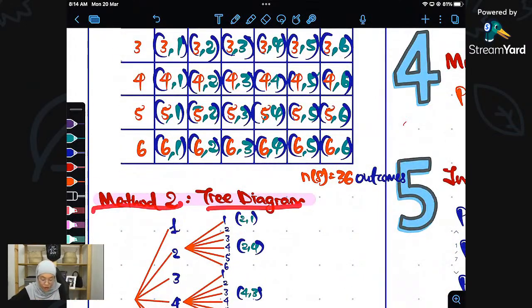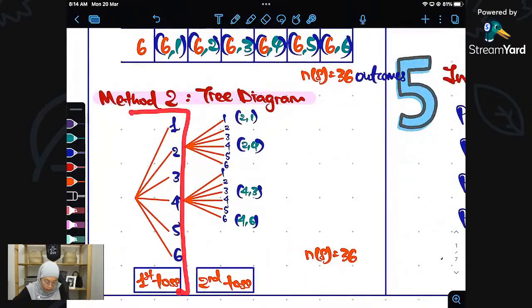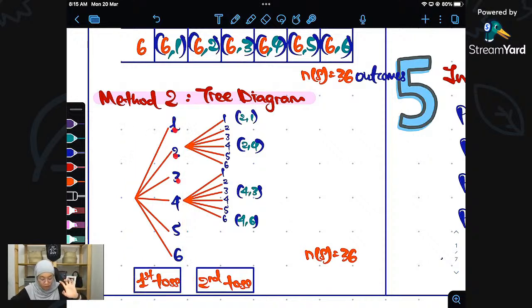Method 2 is just a tree diagram. A tree diagram means we have to have what is happening at the first part. The first part is where you toss the first die. The first toss, here you throw, you get 1, 2, 3, 4, 5, 6. Either one of it, of course, one of it. But in each one of these numbers that happens,